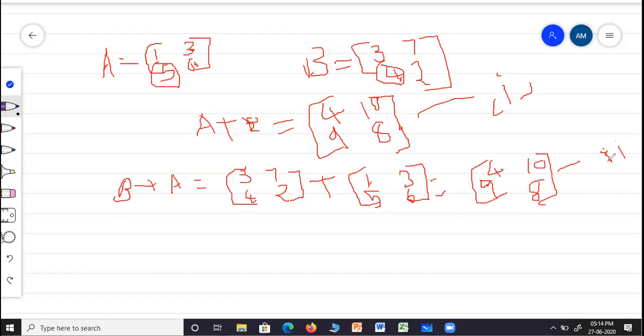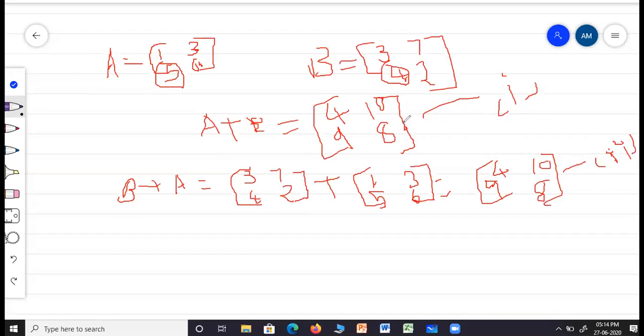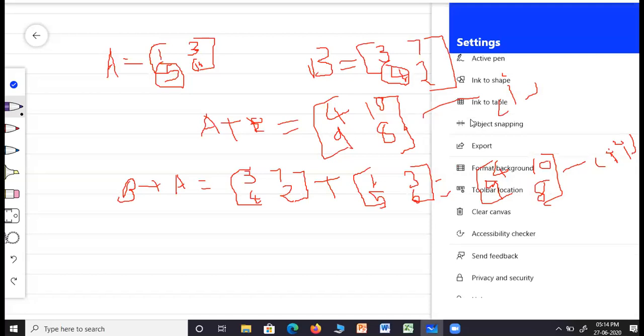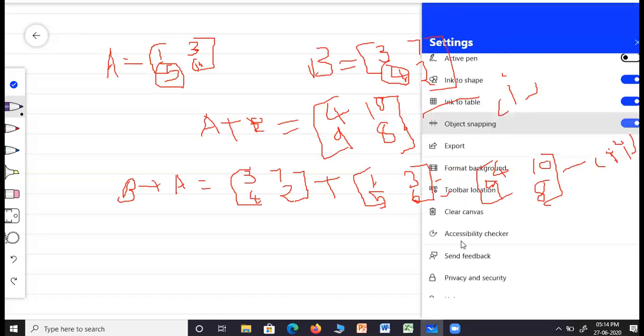So now from equations 1 and 2, you can see that the answer of both is the same. So it is called A plus B is equal to B plus A. It is proved. So now we can prove it like this. I hope all of you have understood this.